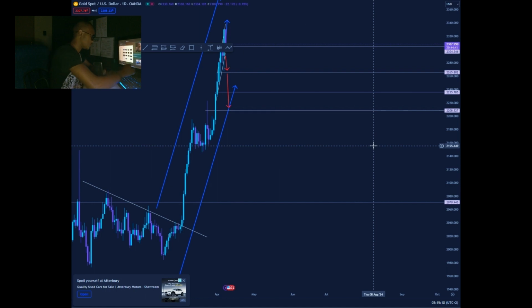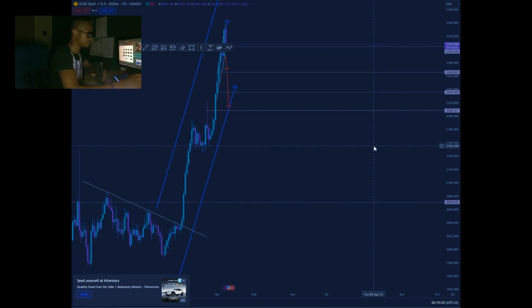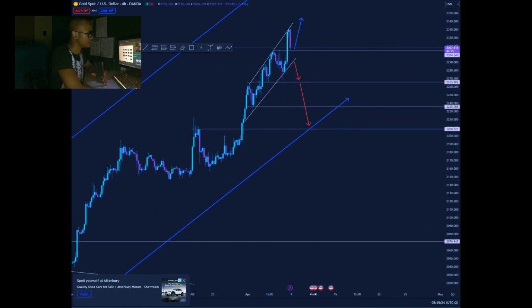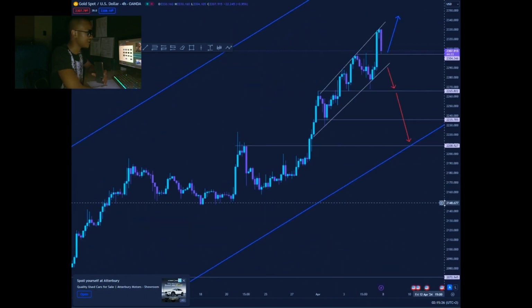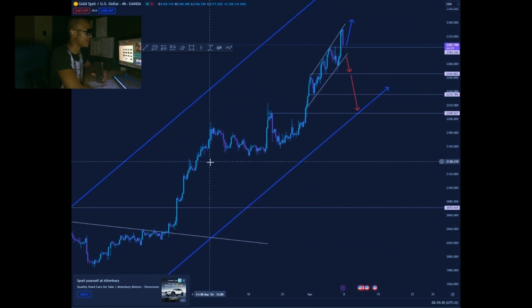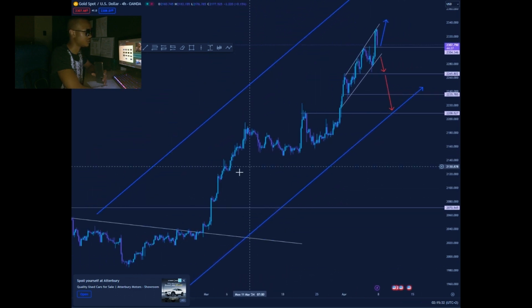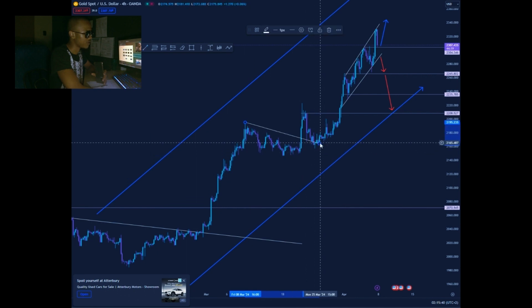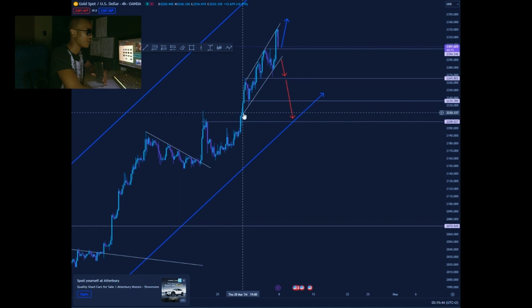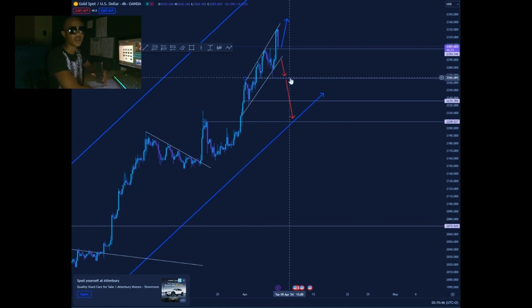We go back to the 4-hour time frame. On the 4-hour time frame, we can see that gold, yes, it is bullish, but it has started forming a consolidative structure around the zone. You see, when it's impulsive, it starts to have a correction, a bearish based correction. As you can see, this is a bearish based correction, and then impulse. Now we're having a bullish based correction.